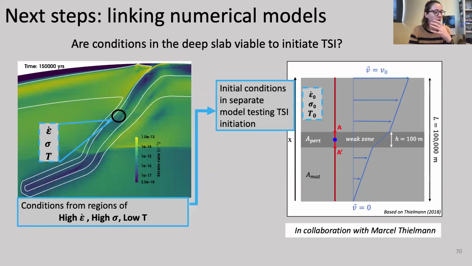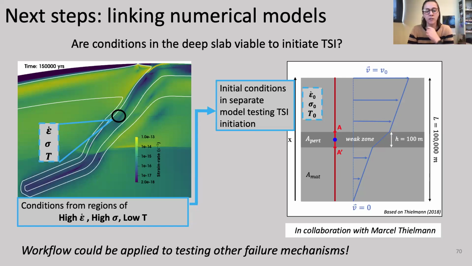And we would run this for a suite of conditions selected from throughout the slab to sort of test this variability of where do we see it to be feasible or not feasible. And the goal here is not to say like thermal shear instability is the mechanism and that the other mechanisms are not feasible, but it's more so just about whether or not this is feasible at the conditions that we're seeing, and where we actually are seeing earthquakes occur. If they're in regions where we don't see TSI being feasible, then maybe one of these other mechanisms is the trigger for those earthquakes.